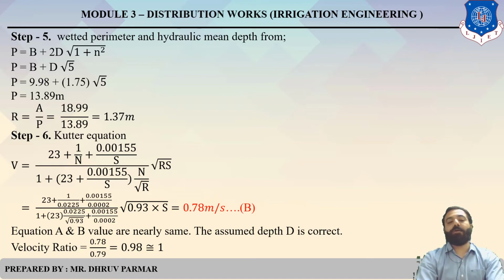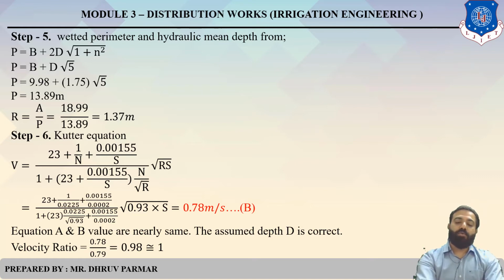So then the next step is to find out velocity. We have the formula, Kutter's equation for velocity: V equals (23 plus 1 by n plus 0.00155 divided by S) divided by (1 plus (23 plus 0.00155 divided by S) into n over under root R), into under root R into S. So we have all these values, rugosity coefficient and bed slope are given. So put in these equations. Clear? So we get